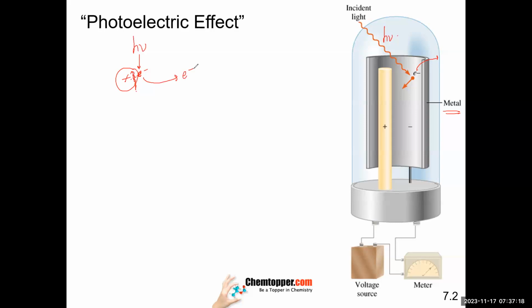So this energy which is falling on the atom, hv, we can call it v0. v0 means incident light, the light energy which is falling. Incident light